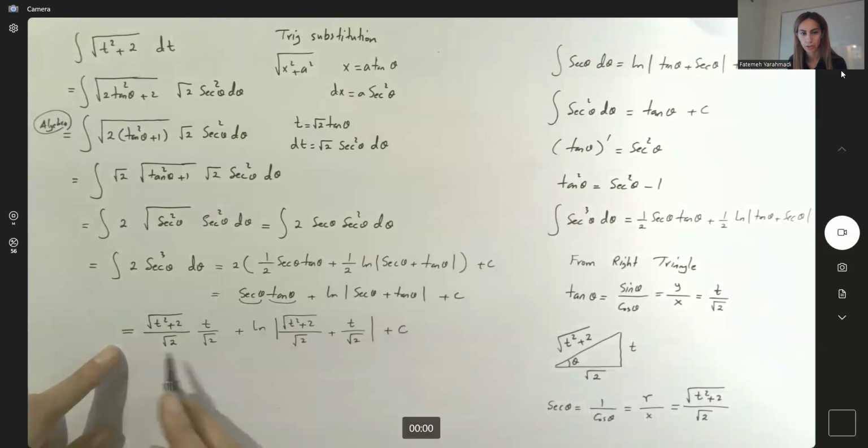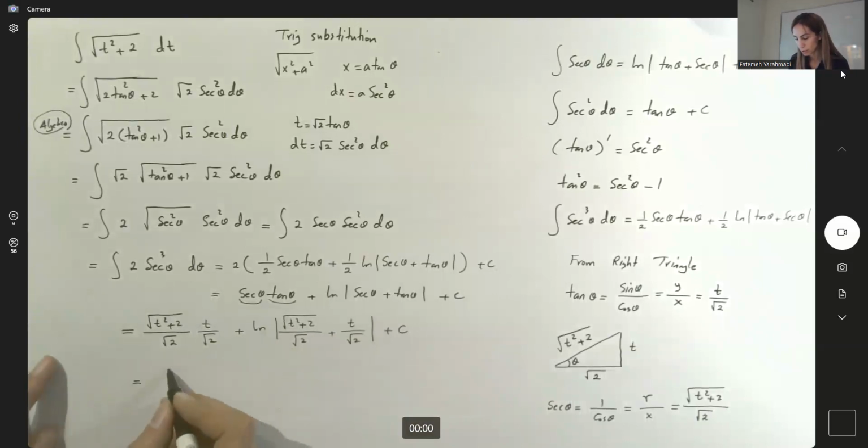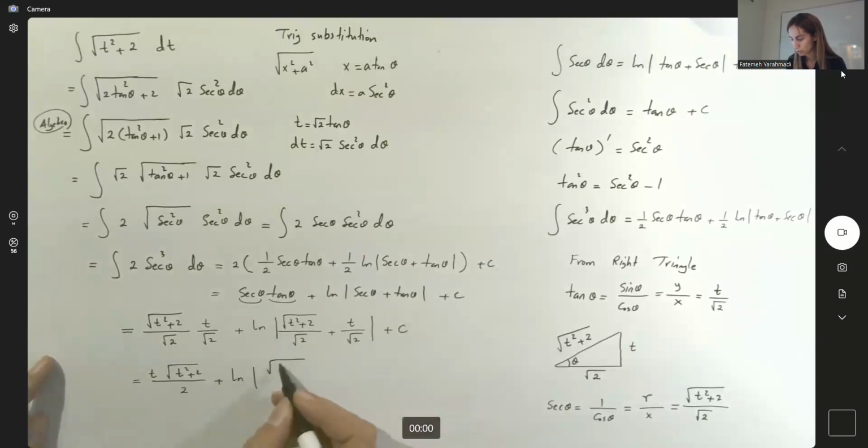You could simplify this more because you have the square root multiplied by itself. So this is t times square root of t squared plus 2 divided by 2 plus, here you can factor out 1 over square root of 2, or you can take common denominator. You get ln of absolute value of square root of t squared plus 2 plus t divided by square root of 2 plus